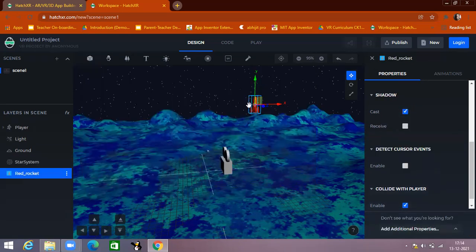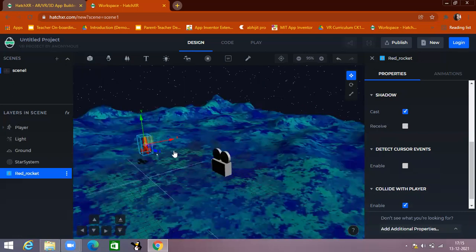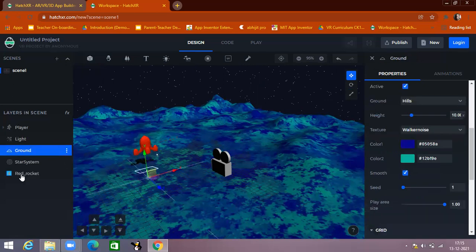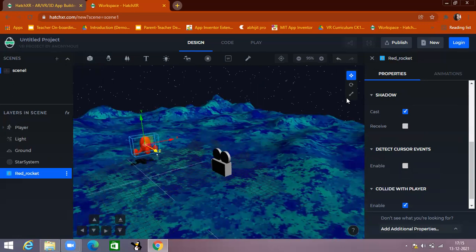Okay. So as I told you in the previous session also, we have to place everything in the view of the camera. So I'm placing the rocket down, and the rocket should be in front of my camera. You can see like that also. But the rocket is looking very tiny. I'm making its size big. You have to click on the rocket every time.